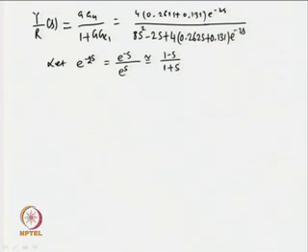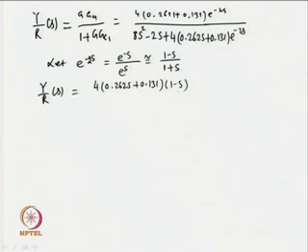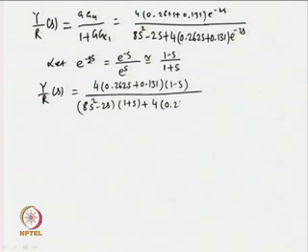With this approximation for the time delay, it is possible to get the expression for Y upon R(s) in the form of 4 (0.262s plus 0.131)(1 minus s) upon 8s squared minus 2s times (1 plus s) plus 4 (0.262s plus 0.131)(1 minus s),